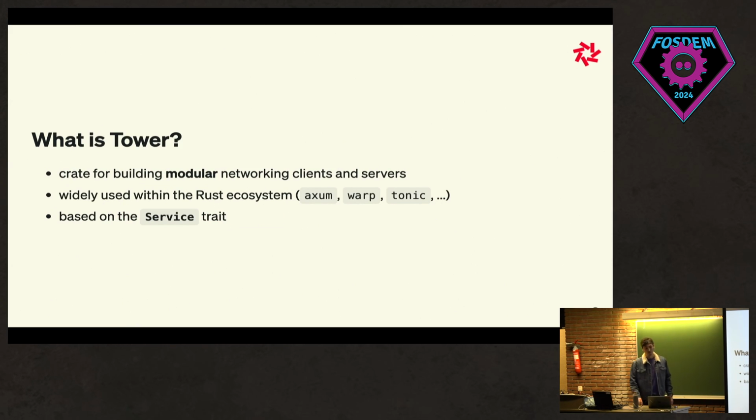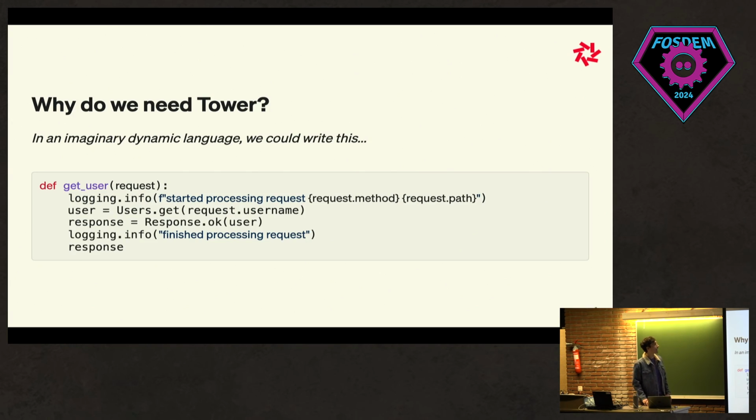So as you know, today we're talking about Tower. It's a crate for building modular networking clients and servers. If you're using widely used crates in the Rust ecosystem, such as Axum, Warp, Tonic, you're using Tower under the hood. Maybe you don't know it, and everything's based on the Service trait that I'm going to describe at length during this talk. But before I do that, I would like us to take a step back and think about why